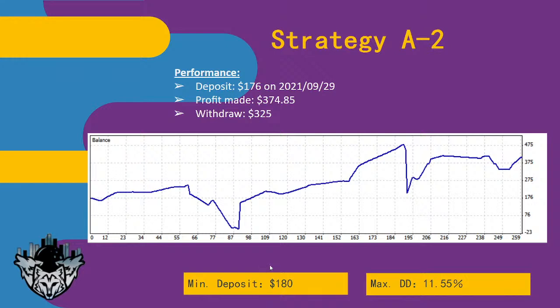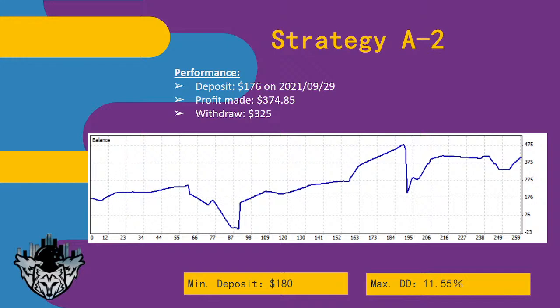So if I deposit $500, I should be safe. Well, yes, the "should" part is very accurate. You should be safer versus if you were just to start with 100. Obviously, the higher the capital, you do have a bit more room for handling a little bit more risk. And moreover, if the copying is literally just a 1-to-1 ratio, not alternating the volumes and stuff, then basically a higher capital will always decrease the risk.